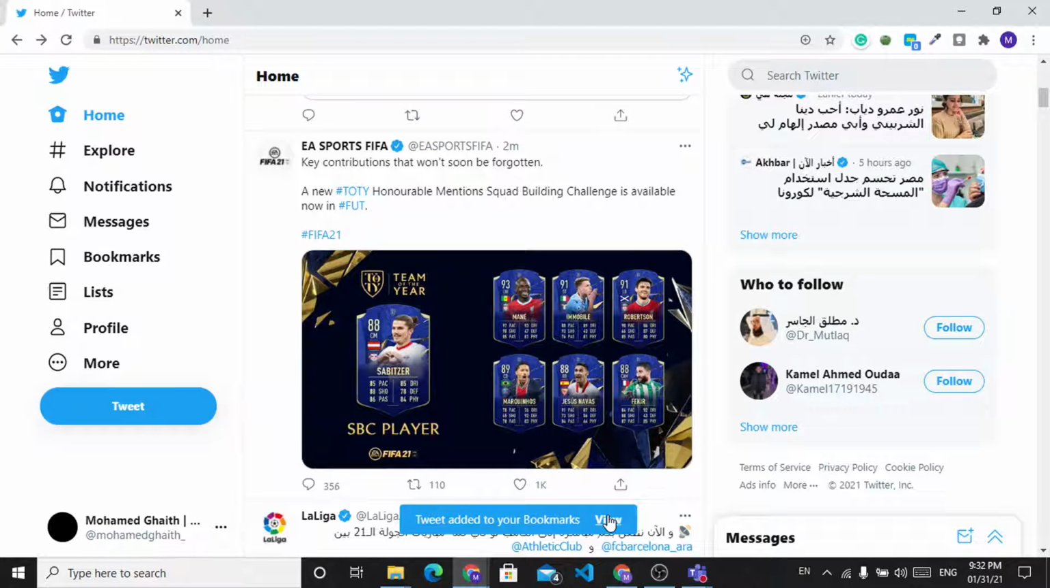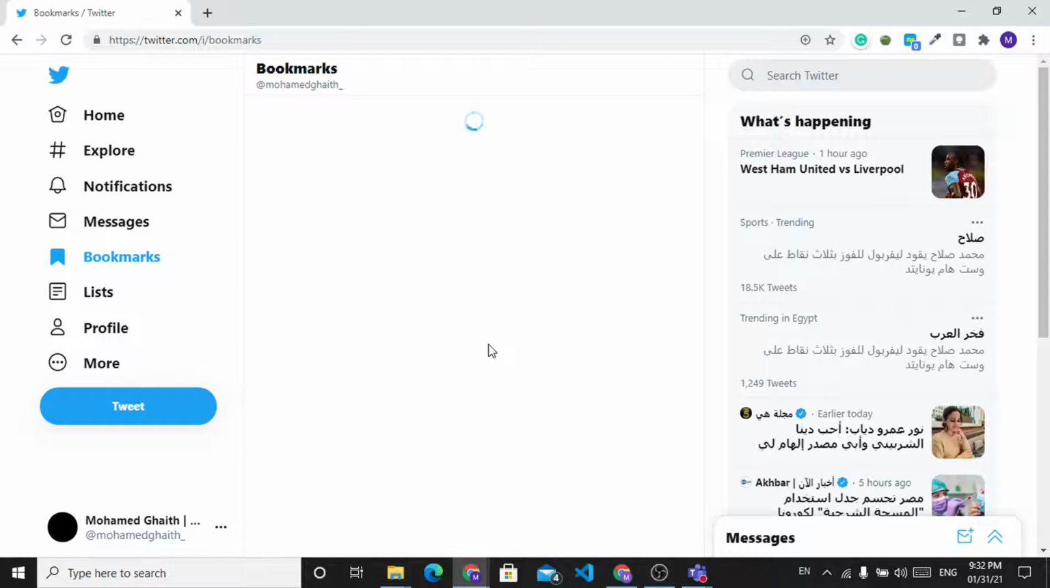So now it's added to bookmarks. Click view. As you can see, here is my bookmarks,